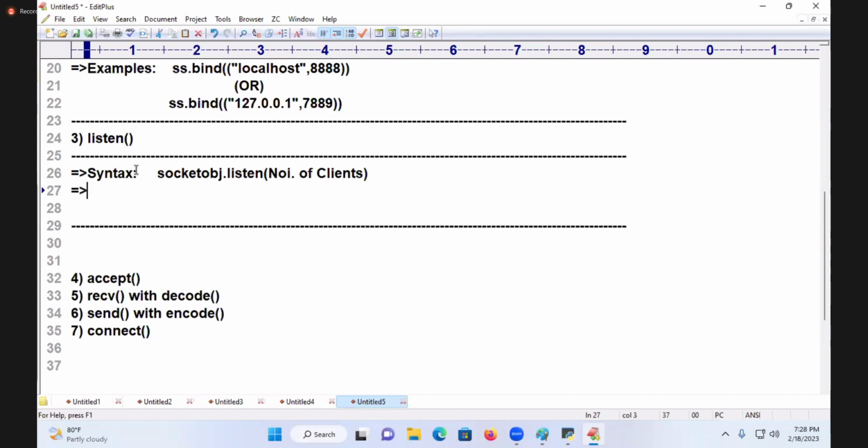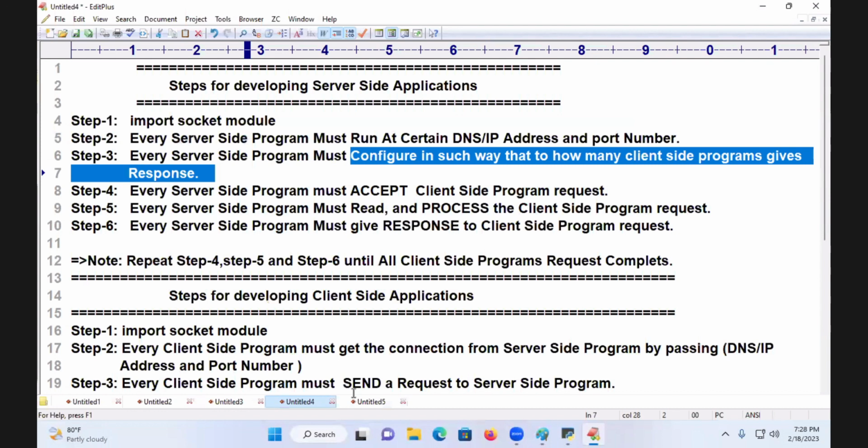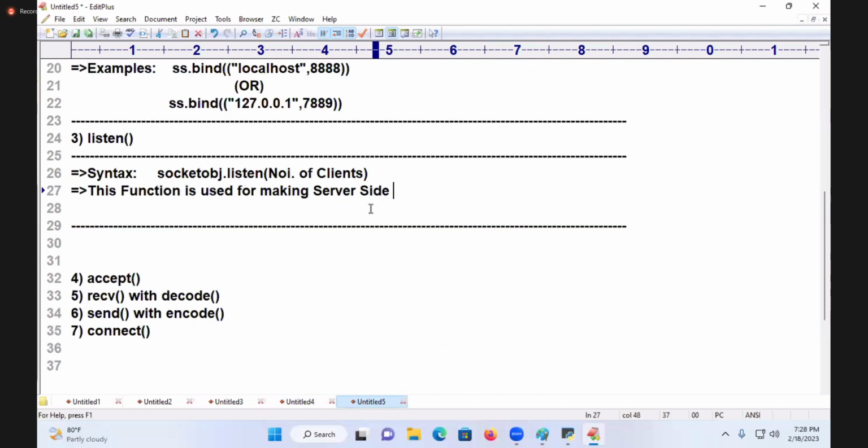I am writing that this function is used for configuring the server side program